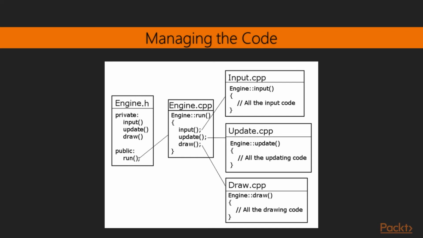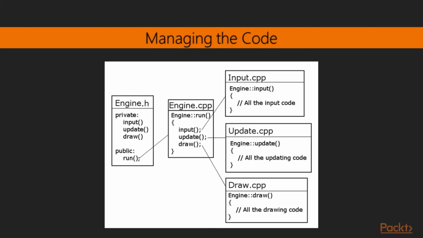We will make a big improvement to the manageability of the code in this project with the introduction of an Engine class. Among other functions, the Engine class will have 3 private functions. They are Input, Update, and Draw. This should sound very familiar. Each of these functions will hold a chunk of the code that was previously all in the main function. Each of these functions will be in a code file of its own.